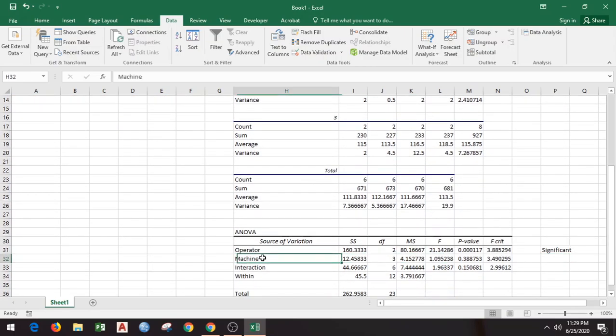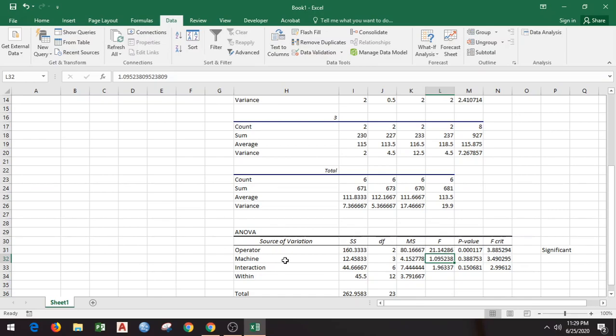Let's check the second source of variation and see if it is statistically significant or not. Machine, F value is 1.095238, which is less than F critical value of 3.49. So that means because it is less than the F critical, machine is not significant.